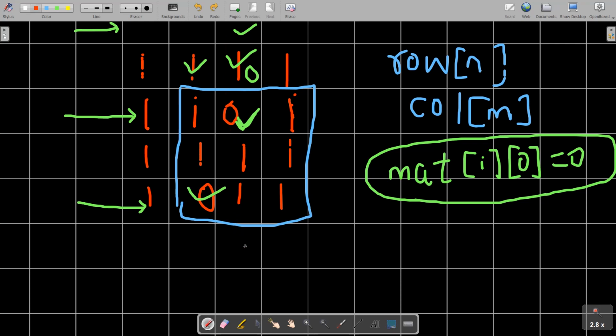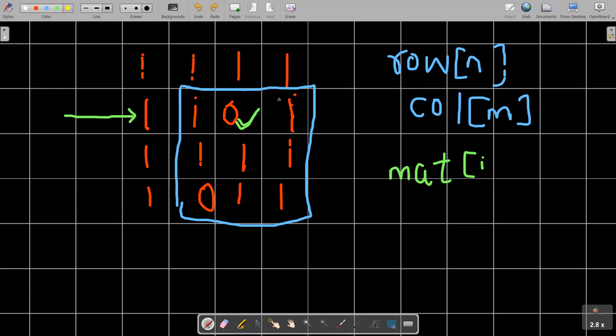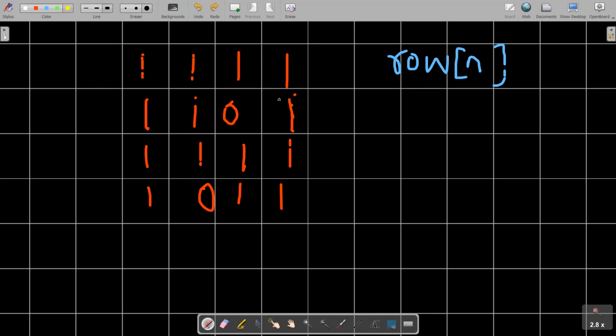Now what about the case where we have forgotten about the very first column and the very first row? What will happen when there exists a 0 over here? Moving back to the original matrix, you can see that the very first row and the very first column do not contain any cell with value 0. Suppose this is the value 0 that I am getting. As I have already said, we are going to use the very first row and the very first column as our visiting vector, which will check whether this particular row or column is going to be filled with 0 or not.